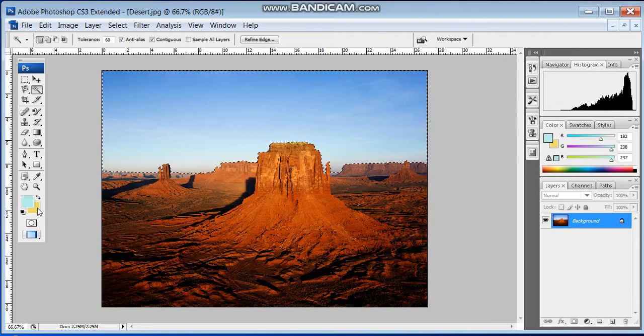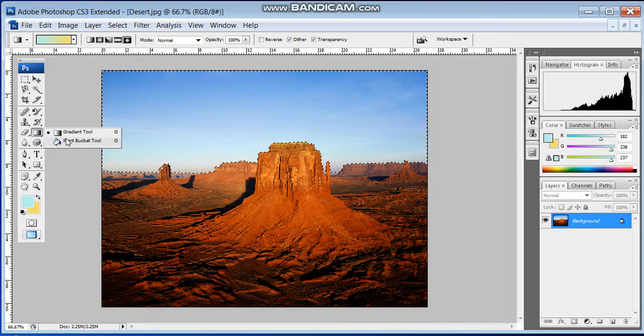Now how to apply this shading? What do we have to do? We have to select the paint bucket tool. Where is that paint bucket tool? It's there. When you click on this, two options are there. One is the gradient tool and the second is the paint bucket tool.